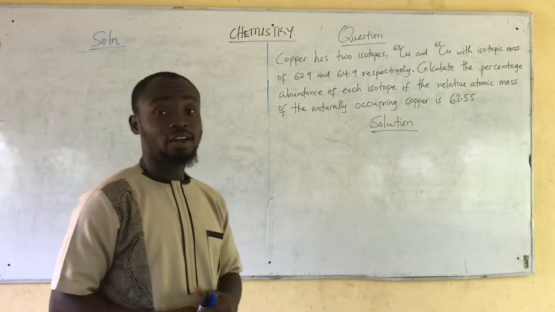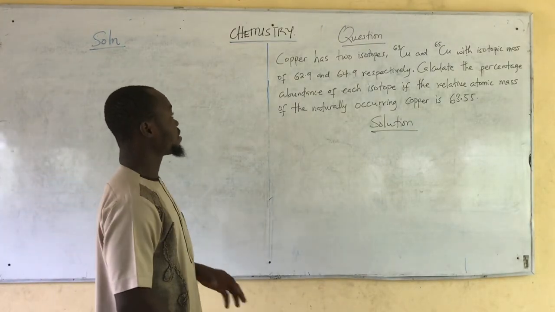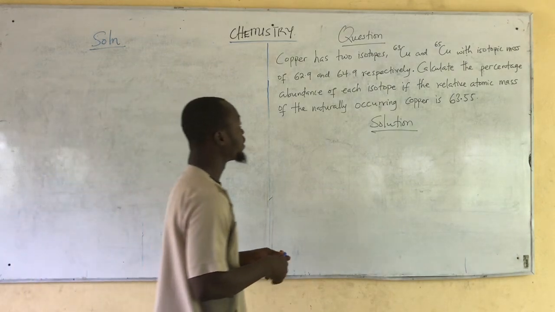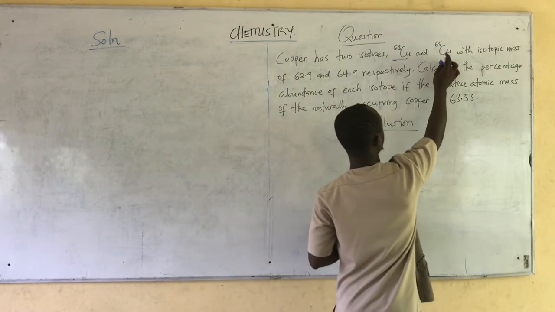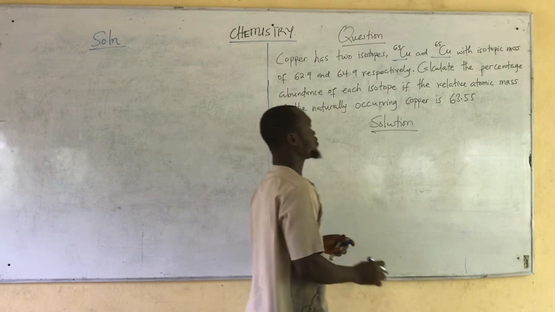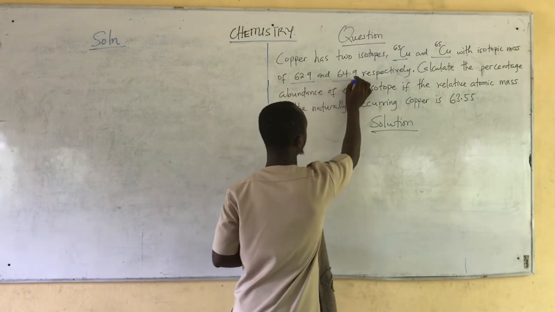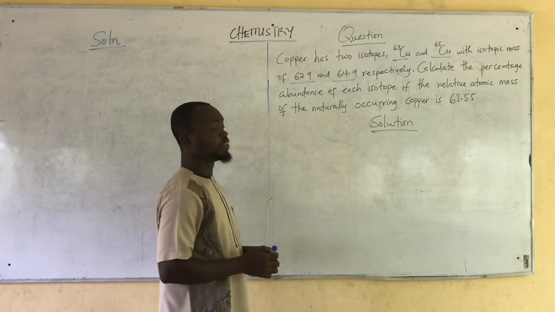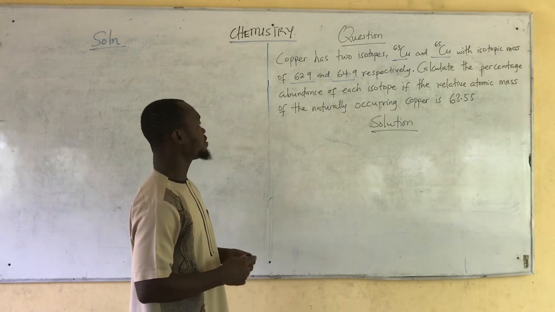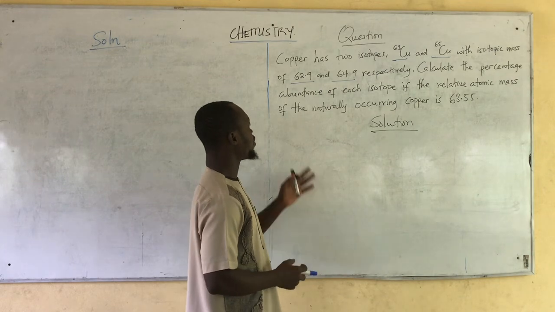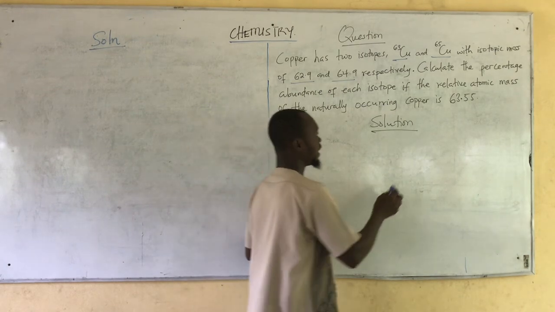Now let's consider another question. So in this question we have copper has two isotopes, copper 63 and copper 65, with isotopic mass of 62.9 and 64.9 respectively. Calculate the percentage abundance of each isotope if the relative atomic mass of the naturally occurring copper is